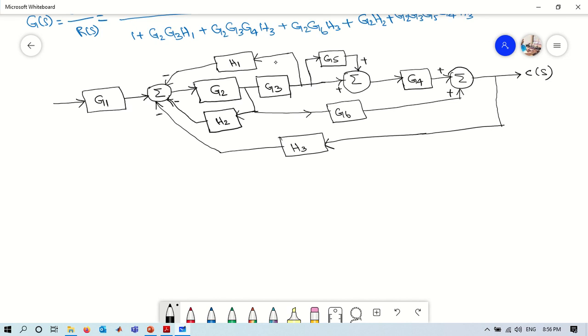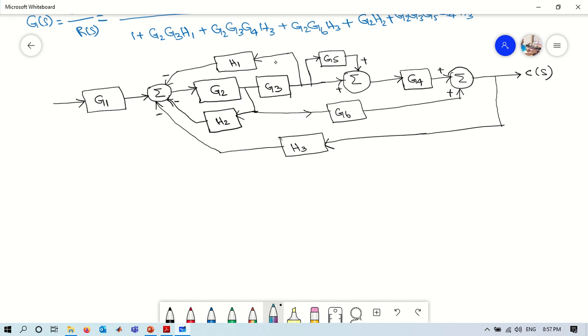Okay, so if we transform the signal flow graph into the respective block diagram, we have a similar system. Now we need to apply the block diagram reduction tools. We need to identify the sequences: series block, parallel block, then minor feedback. Then we have to repeat the steps, and check if there is any requirement for splitting or shifting the branching points.